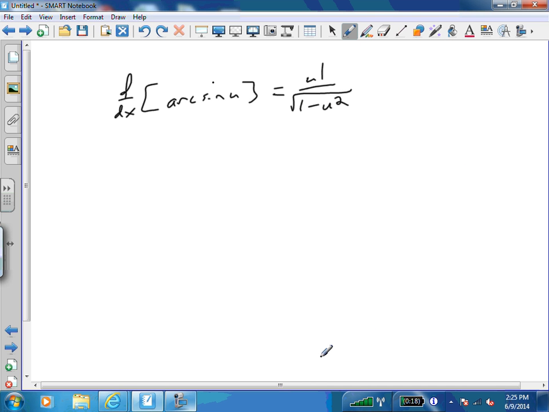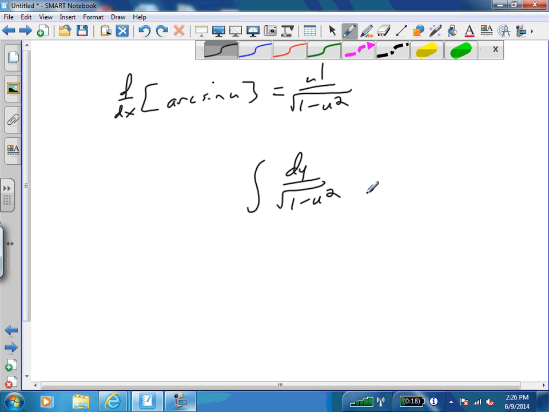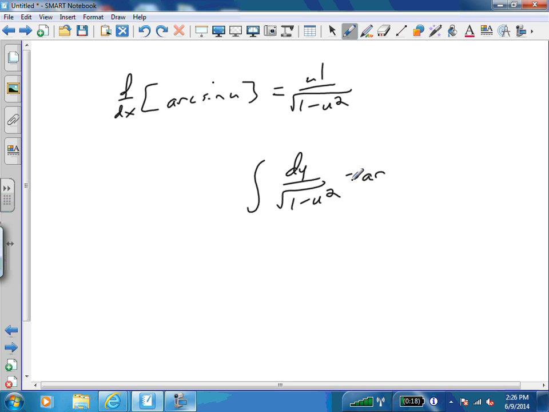So if we think in terms of u prime being du, if we need to integrate du over the square root of 1 minus u squared, or if I happen to have a negative in there, all we'd have to do is pull that out front, and it would be the same formula. So whether we have a minus there or not, that's still basically going to integrate into arc sine